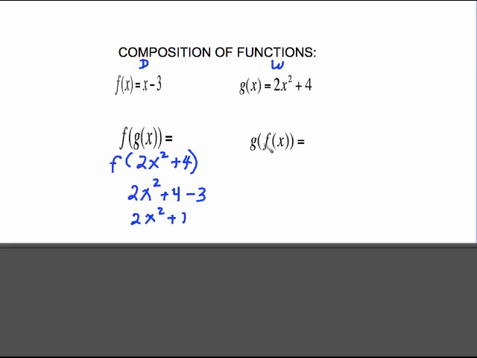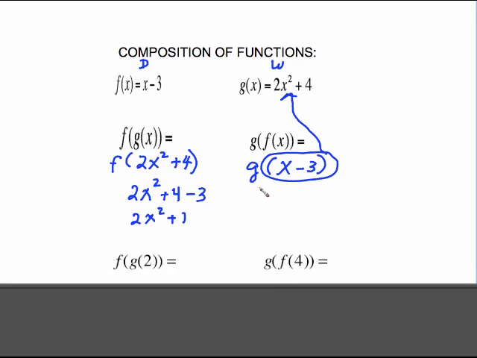This is different. This is like you put your stuff in the dryer and then it hops into the washer. That's not a cool machine, but it is a function we need to look at. So same process. f of x is better known as x minus 3. g of x minus 3 means this whole x minus 3 needs to go in place of that x in the g function. So this is 2 times parentheses x minus 3 squared plus 4,